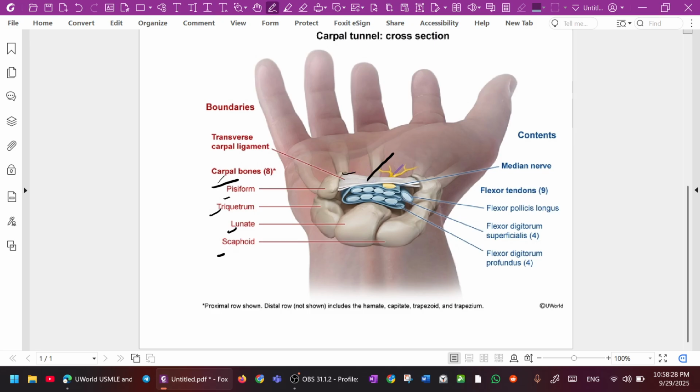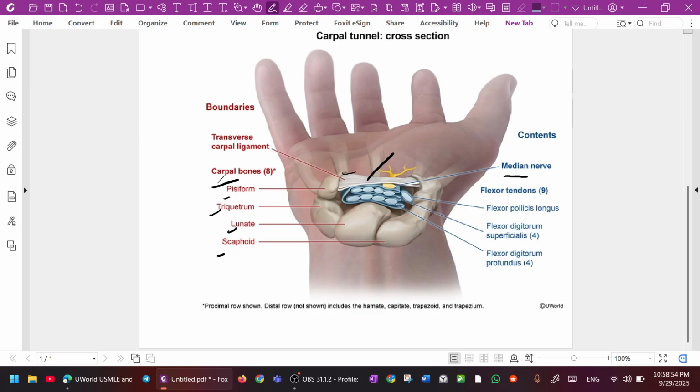This is the transverse carpal ligament. This here, the yellow one, is the median nerve. So the floor is formed by the 8 carpal bones and the roof is formed by the transverse carpal ligament,